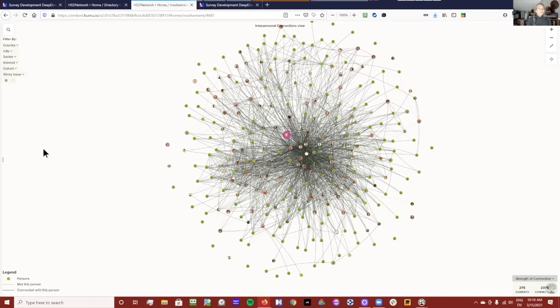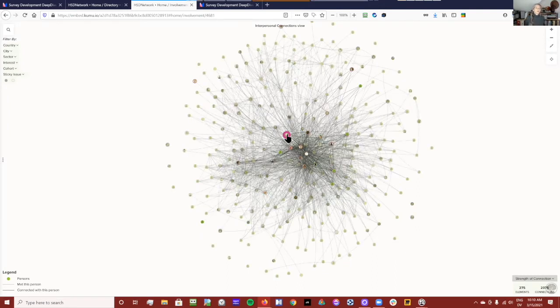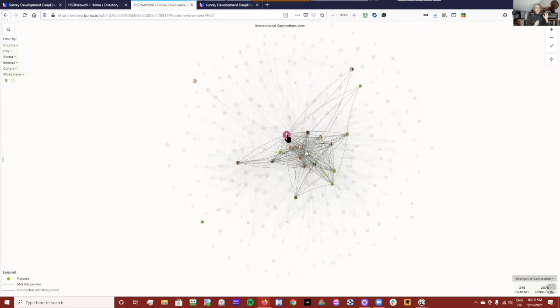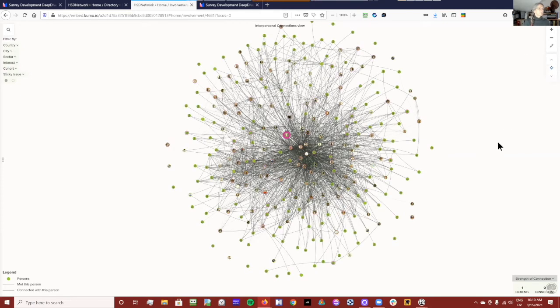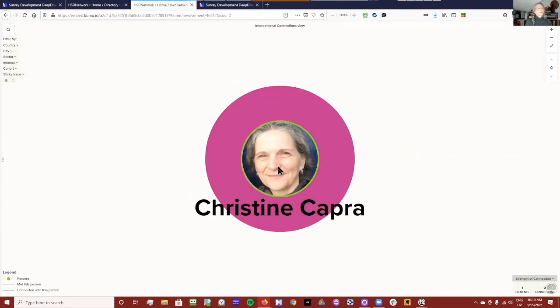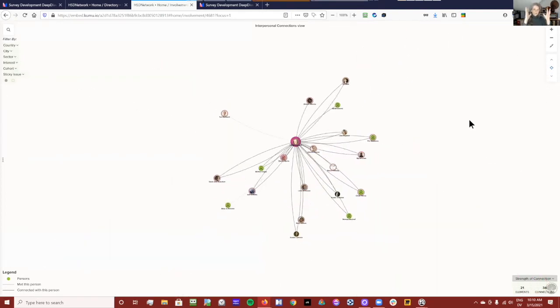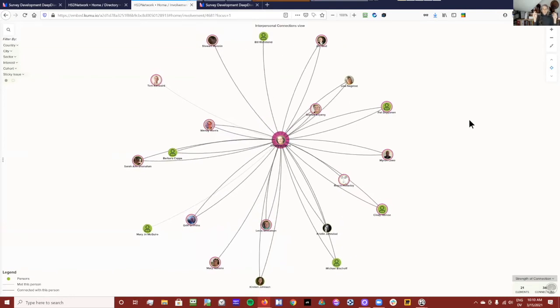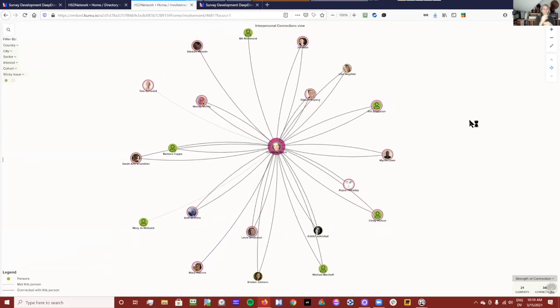So this is the Human Systems Dynamics Practitioners Social System Map. This pink dot here is me on the map. And if I hover over it, it highlights the network of people that I have a one-to-one direct relationship with within the context of that network. So this is one way of thinking about this. This is me, so this is where my ego lives, and this is my ego network. That's a network of which I'm the middle, the network around me.